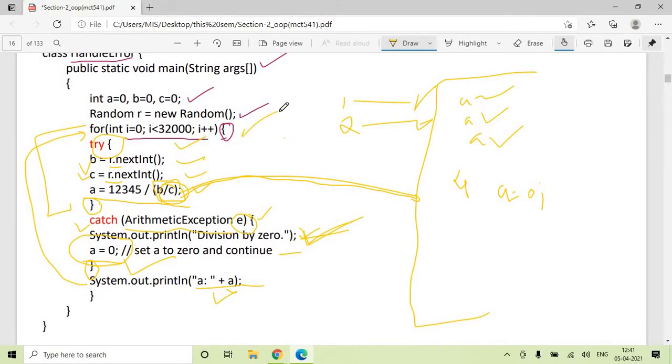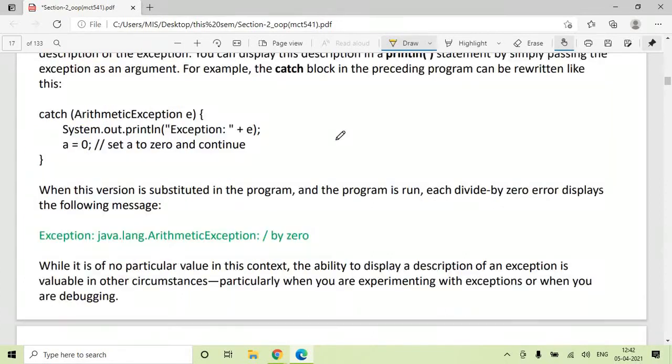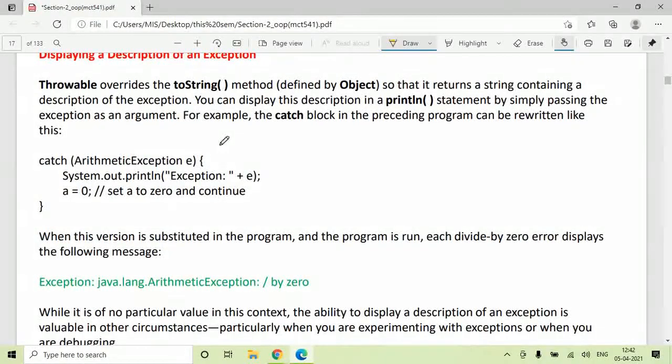So this is a simple program wherein you can see the use of try catch block, how you can print the message in case an exception is there, how you can take corrective action, how you can print the values. Now see when an exception is there,